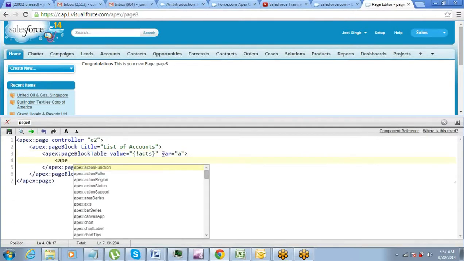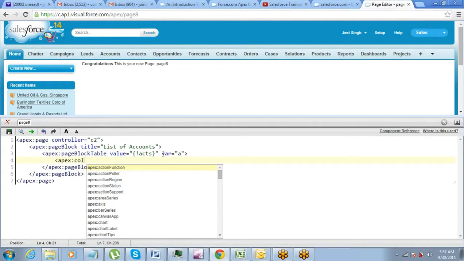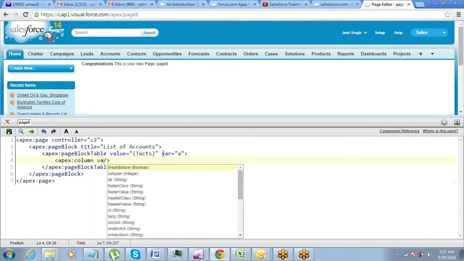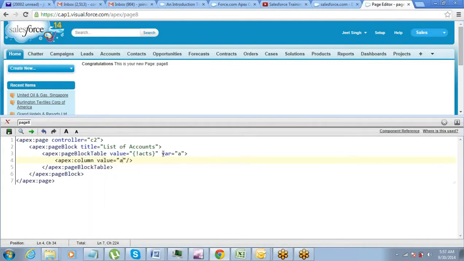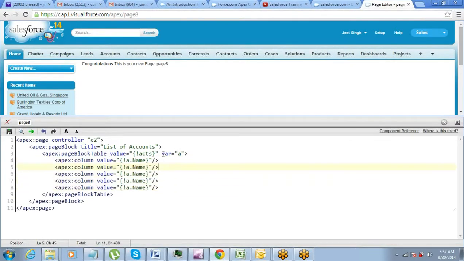Now you have to create the columns here. Dot name, type, industry, and fax.